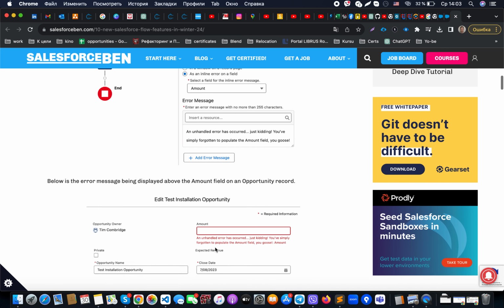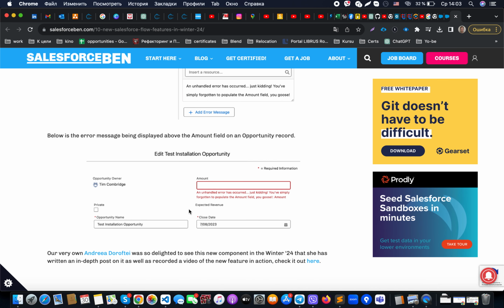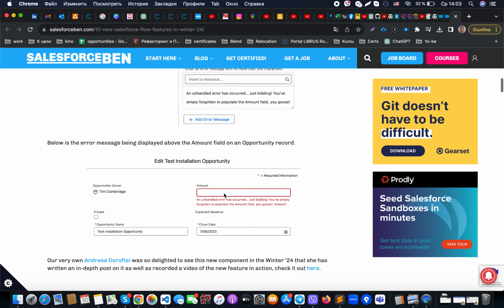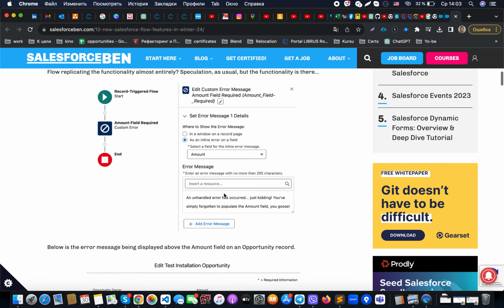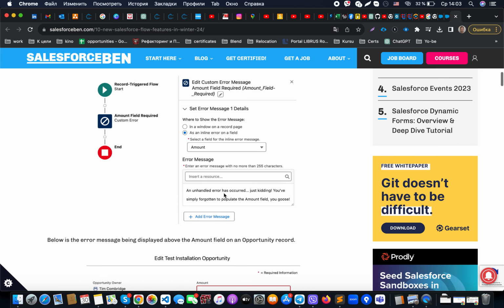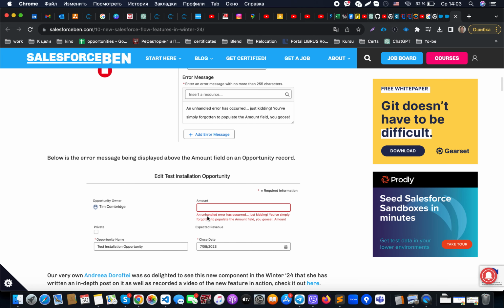the error message, the way it will look when we apply it to a custom screen flow. You could see it's the following: when the field amount is not set, it translates that specific error that we just set for it in line with that field. So now we have a possibility to build our own validation rules for the fields directly